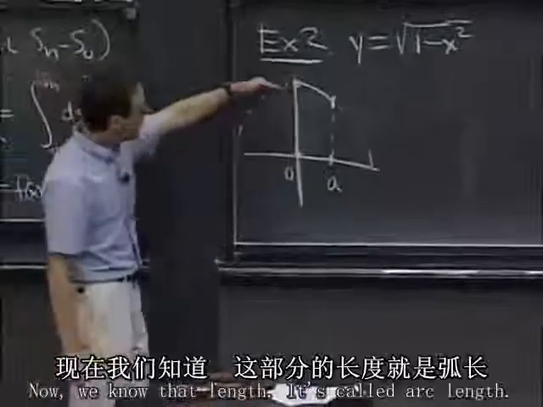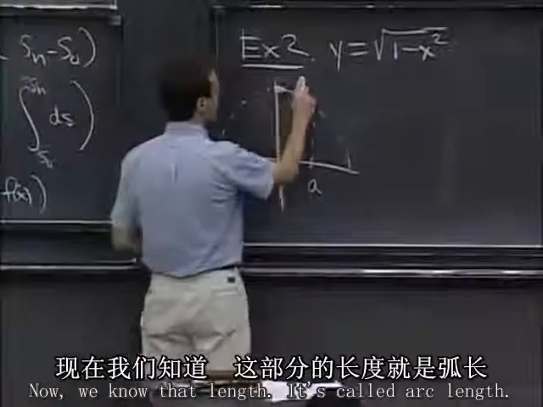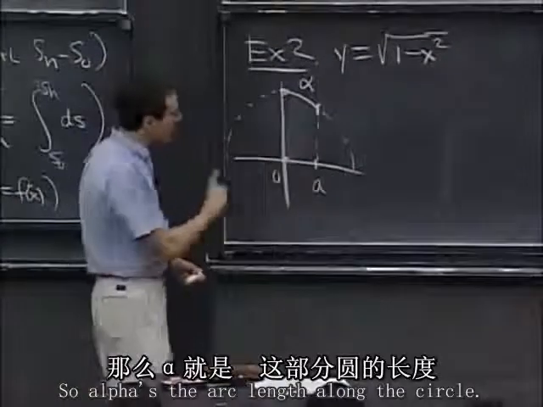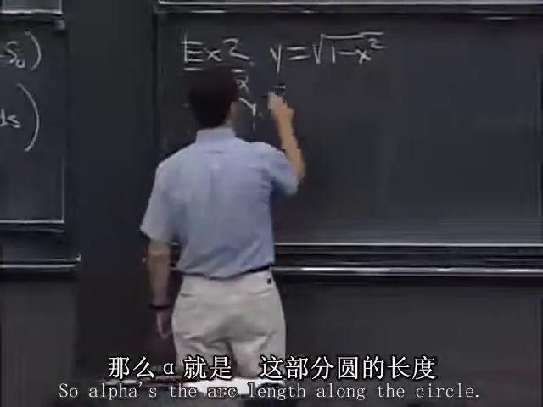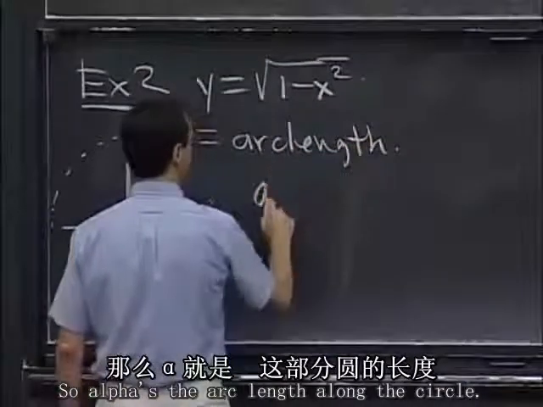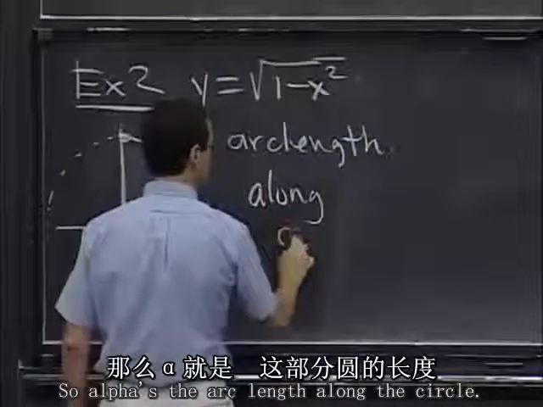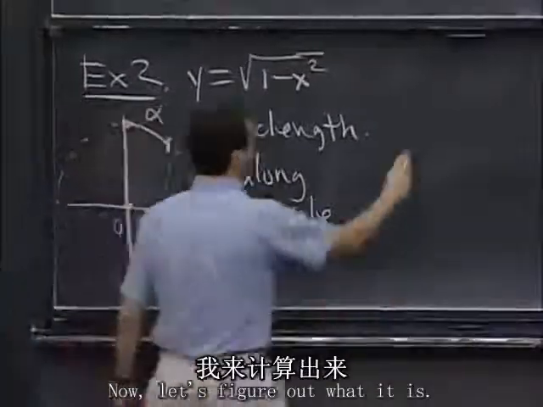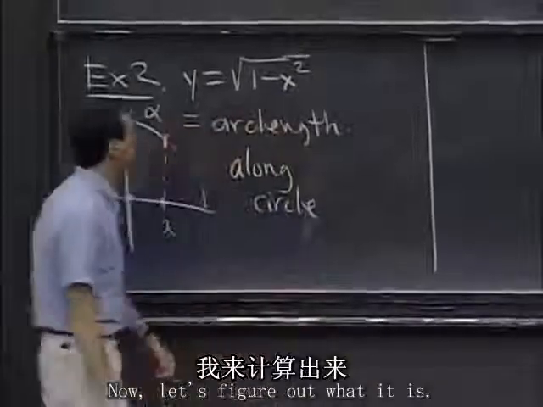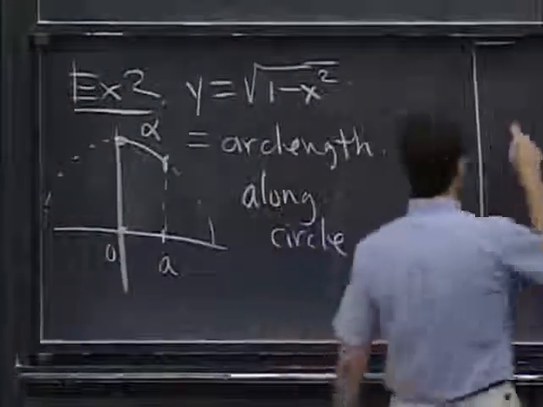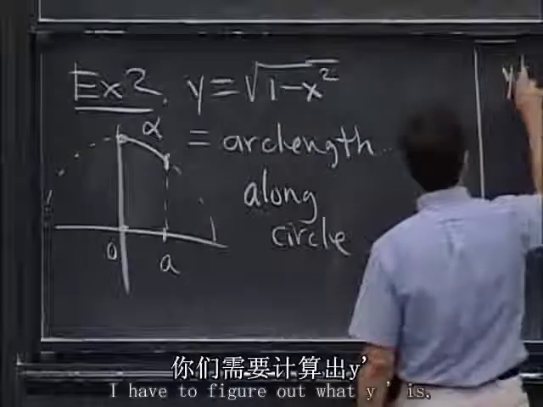Now, we know that length is called arc length, and I'm going to give it a name. I'm going to call it alpha here. So alpha is the arc length along the circle. And now let's figure out what it is. Well, first, in order to do this, I have to figure out what y prime is, or if you like,